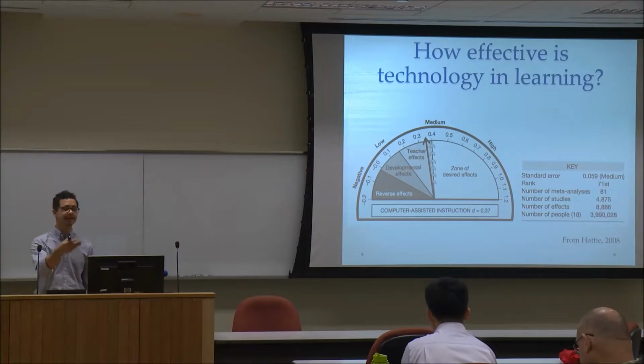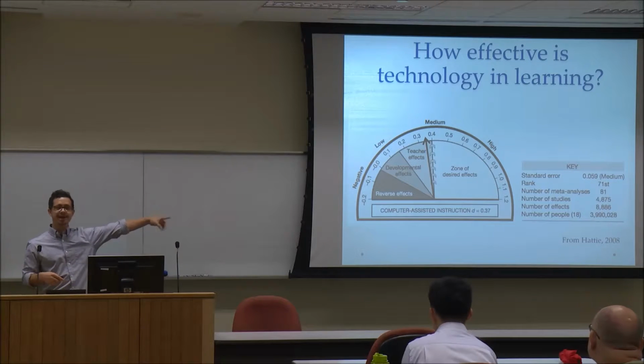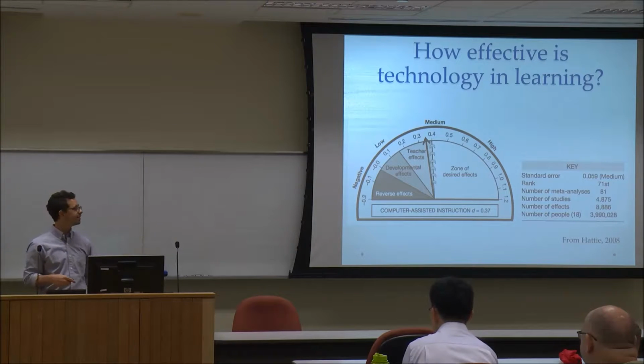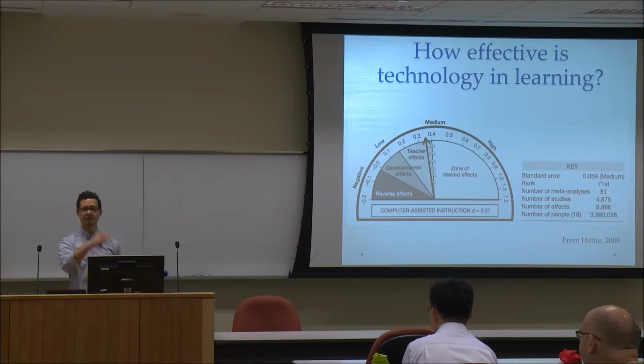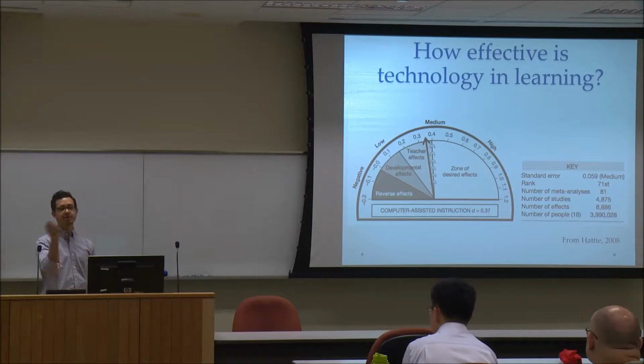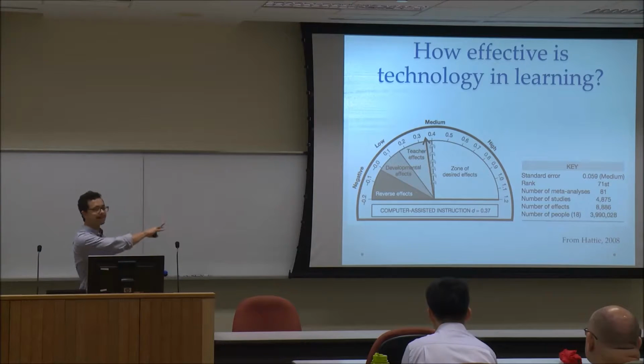Okay, so taking another little step back and talking about what we really do know about how effective technology is in the classroom. There are a few of these little diagrams that I really like. This is from Hattie's 2008 Visible Learning book. That's a meta-study of meta-studies, right? It's looking at 800 studies of learning. There are lots of critiques of it that are valid, but I think it's quite well done. I like these little pictures because they give you a sense of why to use these different approaches.